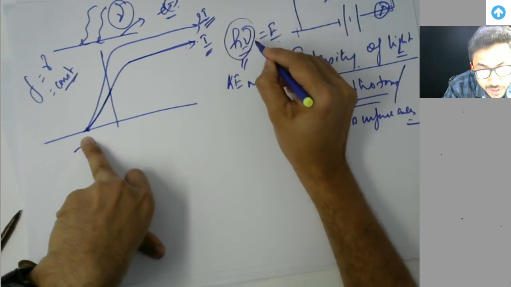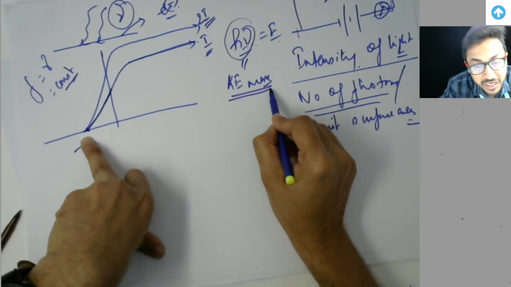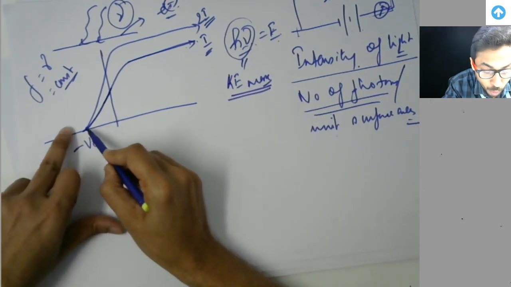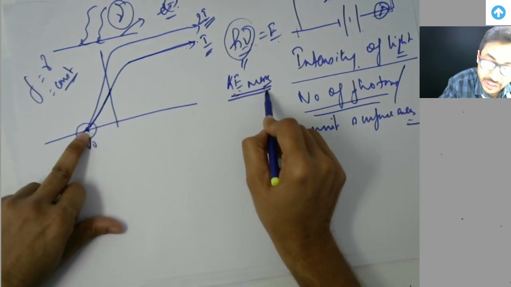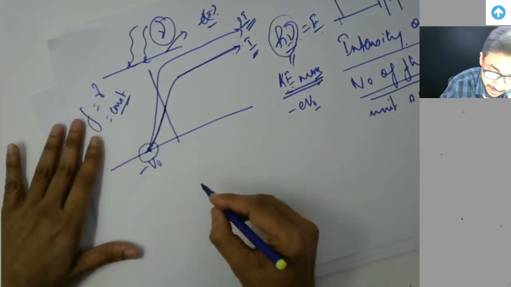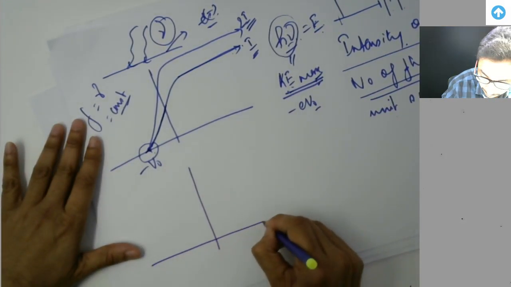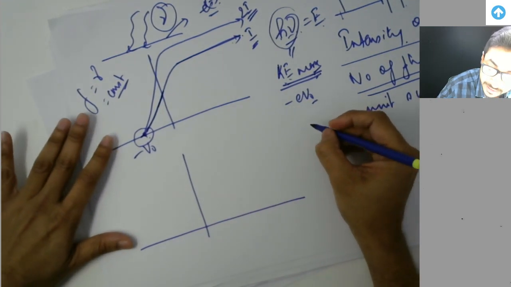So when nu is constant, h is a constant, so the maximum kinetic energy remains the same. So the stopping potential, which is related to the maximum kinetic energy, also does not change. But now, if we use two lights of two different frequencies,